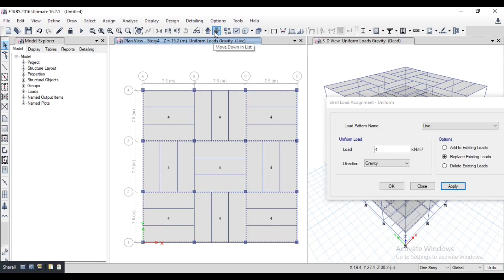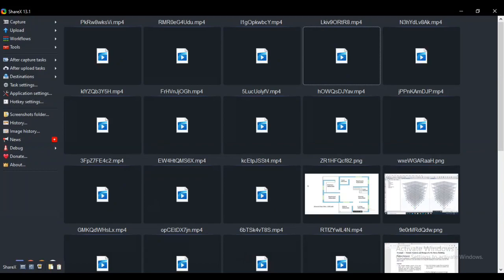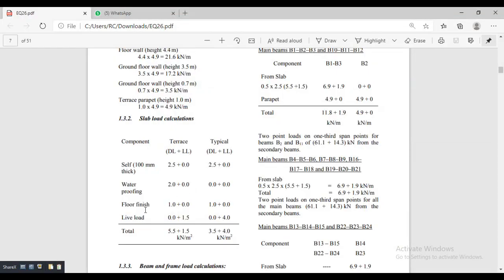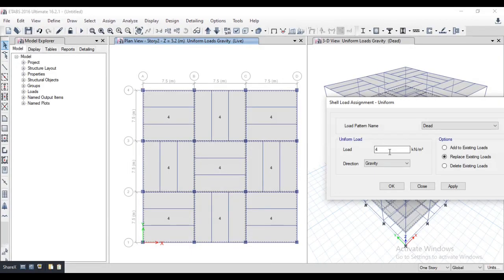All other stories are selected. Then the load pattern is dead and we are giving 1 kilonewton for floor finish. Dead load is automatically calculated by the software, so we are not giving more dead load. 1 kilonewton per meter square load is successfully assigned on all typical floors.